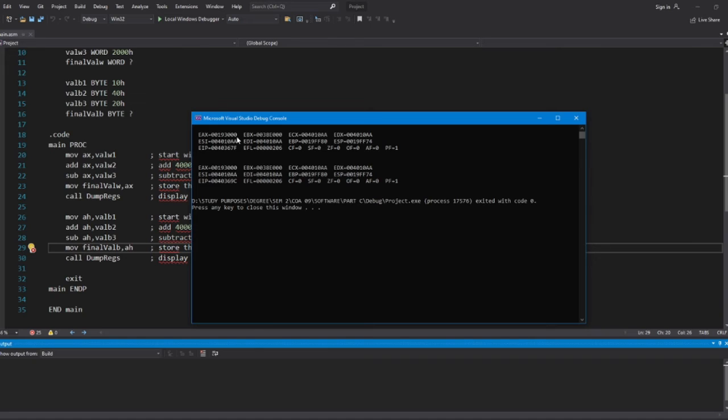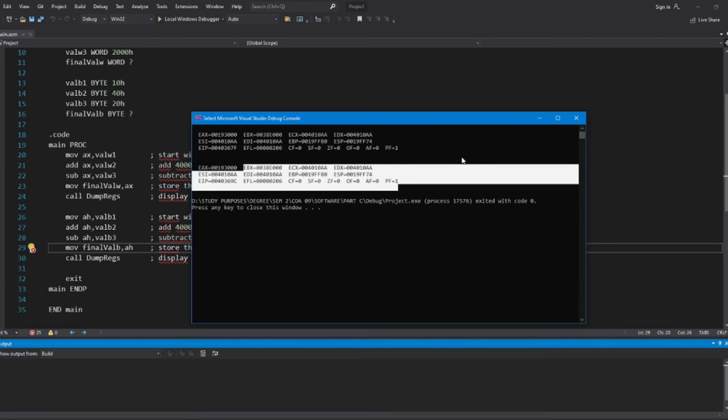After the execution, we get the value of EAX for the value W, and then the rest is the address. And for the value B, we got EAX as well, and the rest is the address. That's all for part 3.